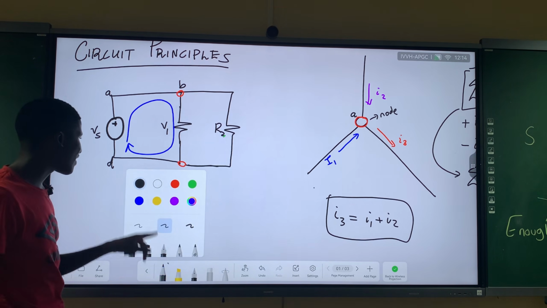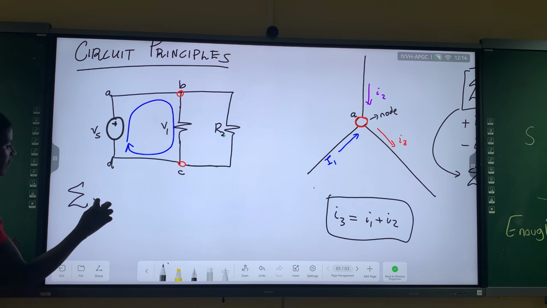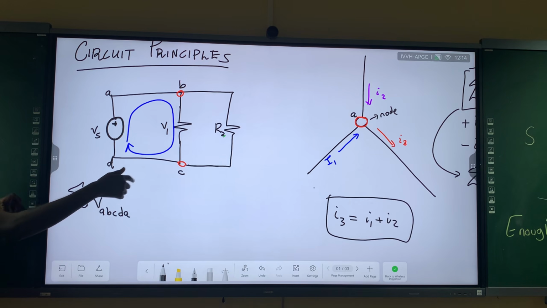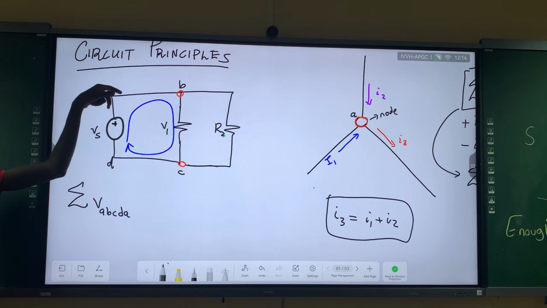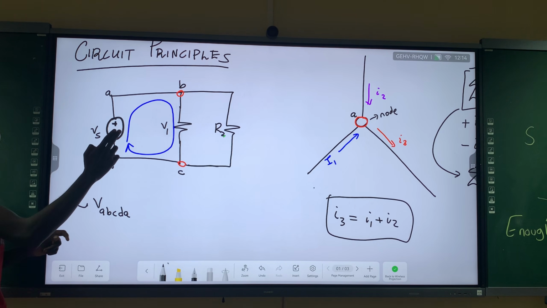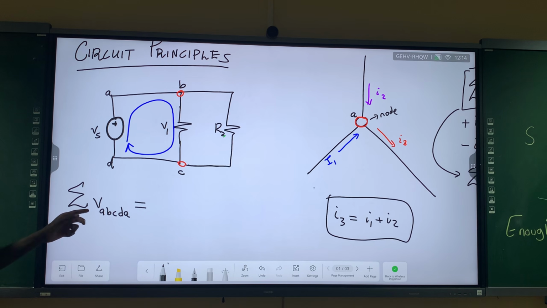So when we find the total of the voltages there, the total of the voltages on this loop, which is A, B, C, D, A. So it's A, B, C, D, A because it comes from A, goes to B, goes to C, goes to D, returns to A again. So in your loop, you can choose this as your loop. And then here, we look at our potential differences. And you are summing up our voltages. The current doesn't come in at all at this point.